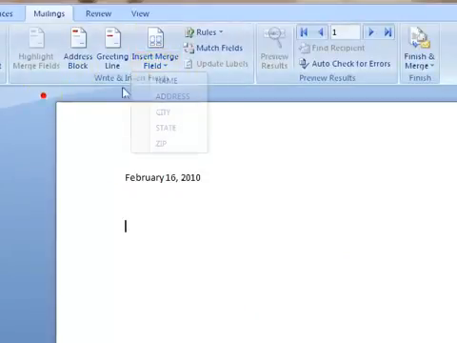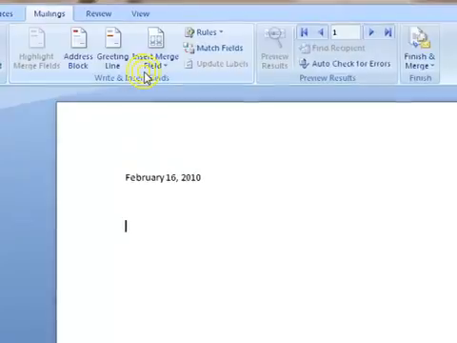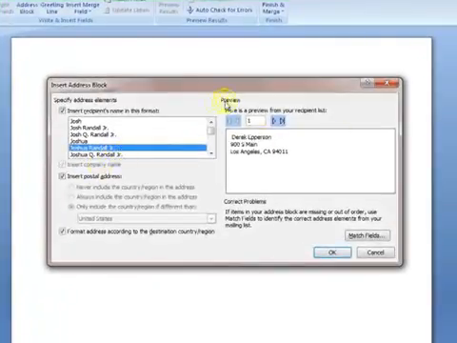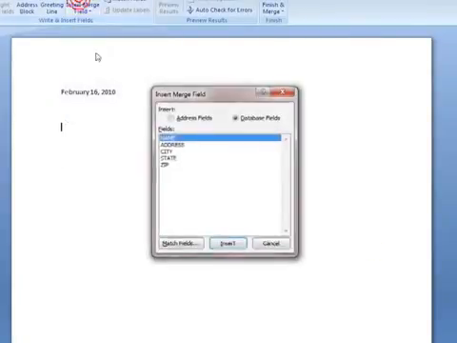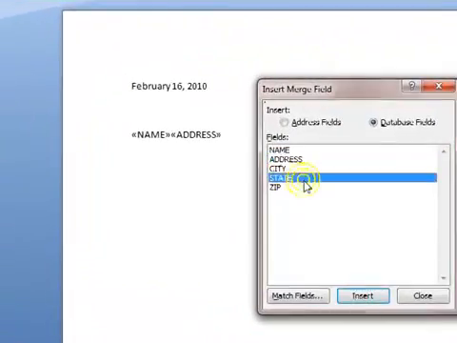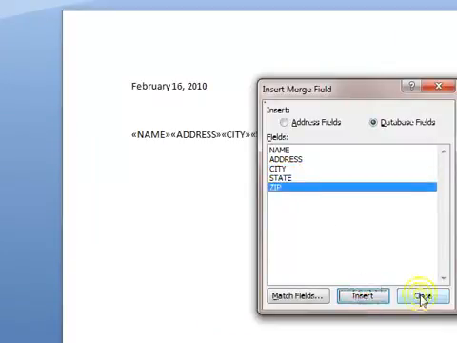We're going to do insert. Now some of these Microsoft Word actually let you do something quick, like an address block, and you can put in your information based on that. I like using the individual merge fields just to know that I have them where I want them. So we're going to insert the name, we'll want an address, city, state, and zip. Close that out. Now we're obviously going to separate these by line, name, address, city with a space, state, 2 spaces and a zip,